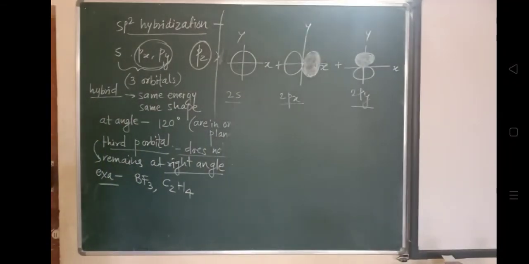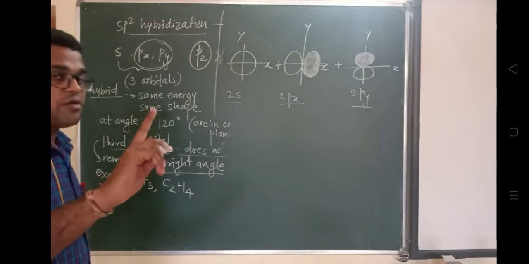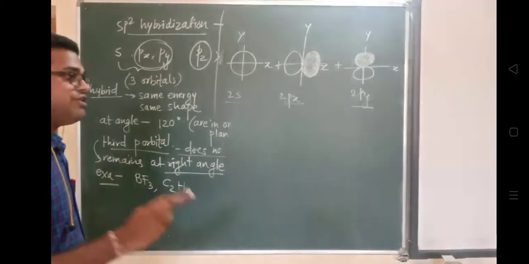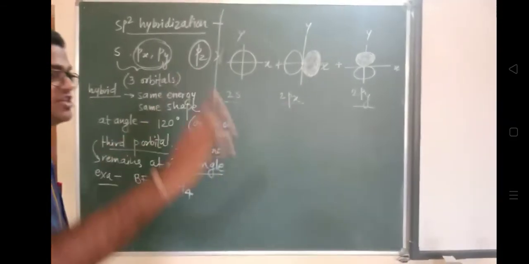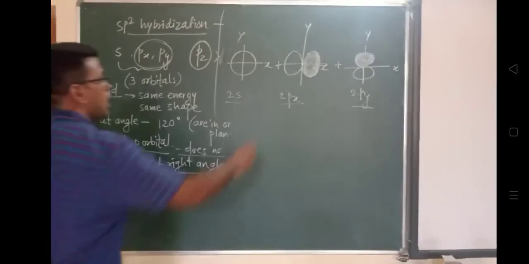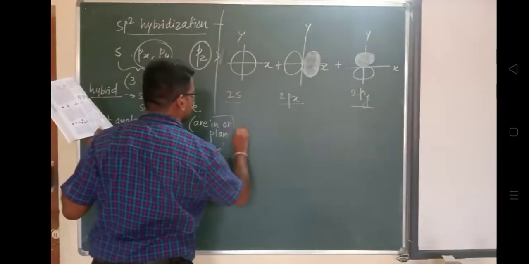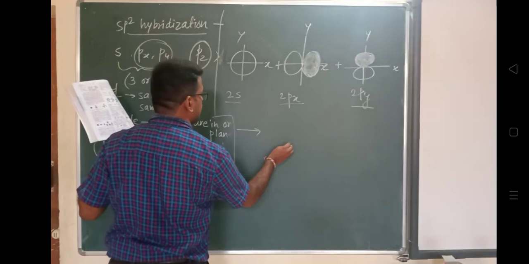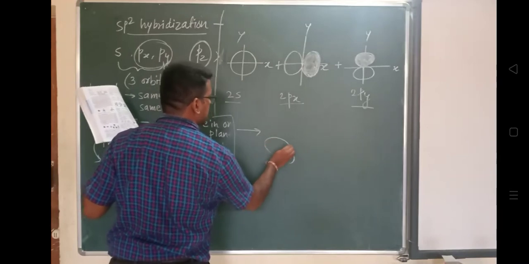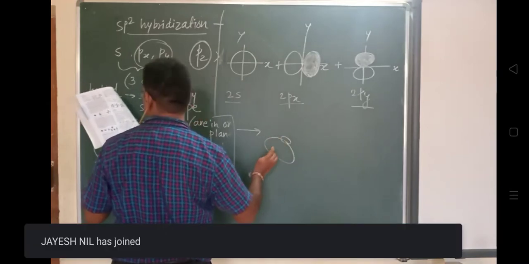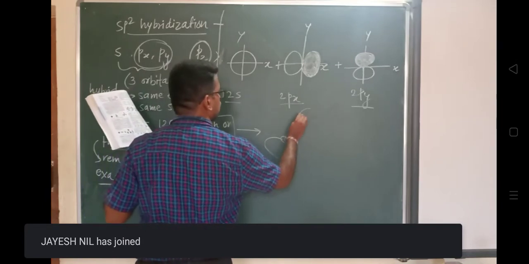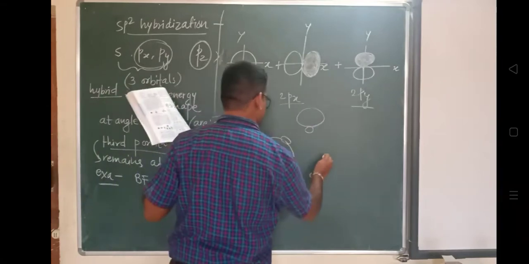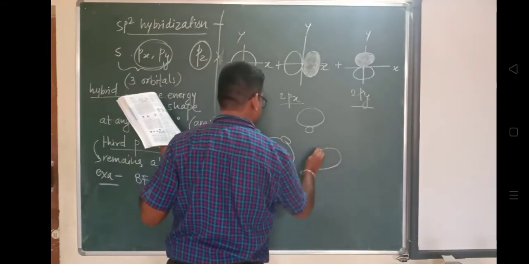So how will it form? Look here, it will form a structure like this. In sp2 hybridization, one lobe is like this, and a smaller lobe like this. And one lobe is like this, and this one is a smaller lobe, and this is another lobe, and this is the smaller lobe. If you observe this, what is it forming? It is forming the shape of a triangle.